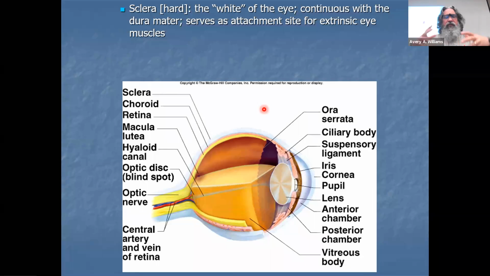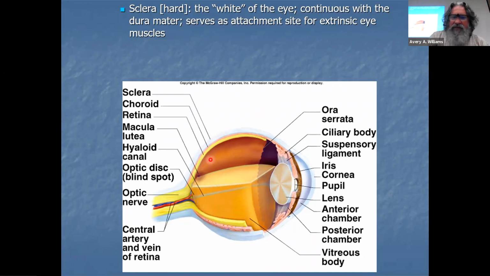And remember I told you if you remove the skull cap, you won't see the brain immediately. You actually see this white kind of membrane. That's the dura mater. And that's the same thing. If you want to see what it looks like, look at the white of your eye. That's dura mater. So it's the same tissue,